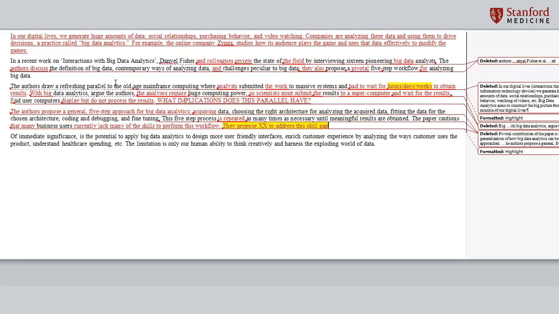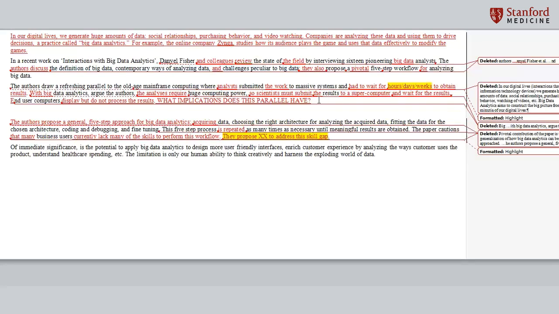Now, I want to point one thing out here. In the very introductory, second paragraph here, which introduces the review paper, we are told that the authors discuss the definition of big data, contemporary ways of analyzing data, these challenges, and they also propose this pivotal 5-step workflow. So in the body of this paper, we get the 5-step workflow, but we don't get any of these other things, the definition of big data, the challenges, etc. So I'm going to actually ask the author to add a paragraph here